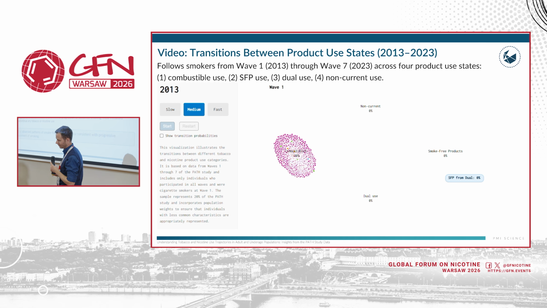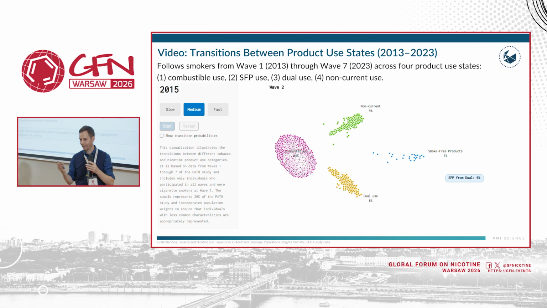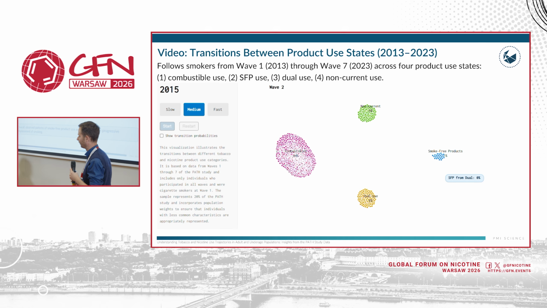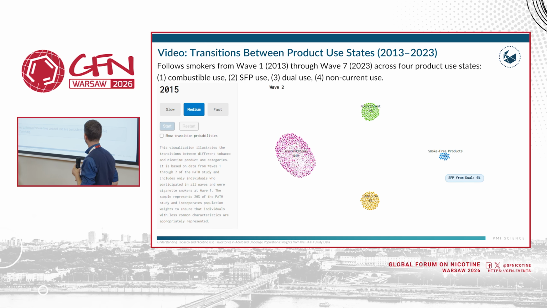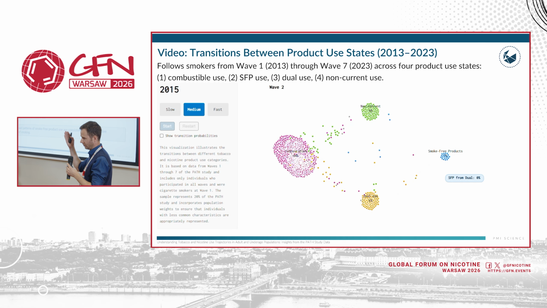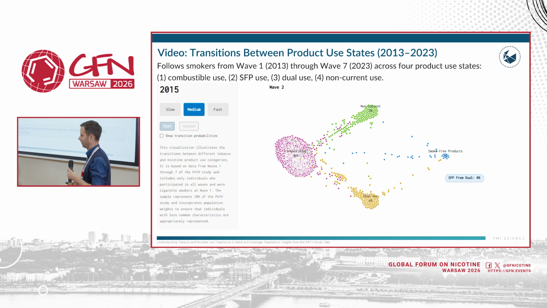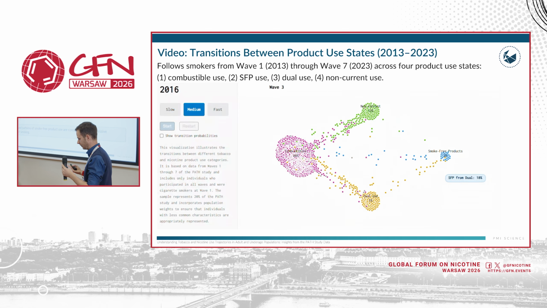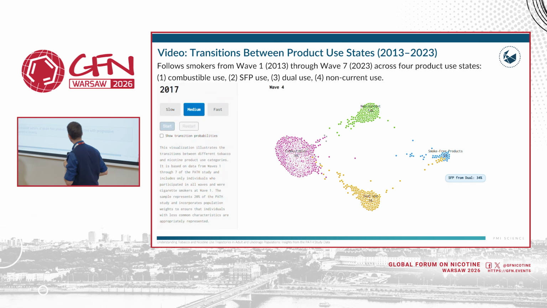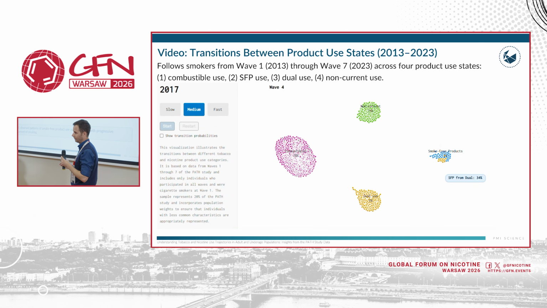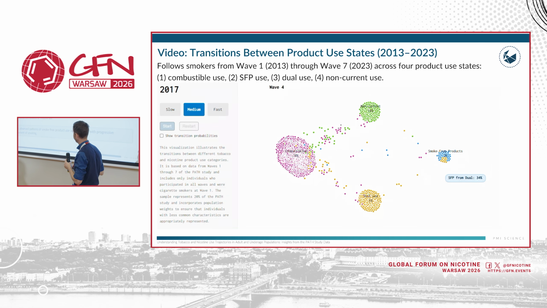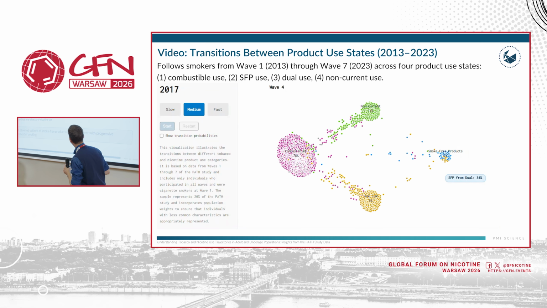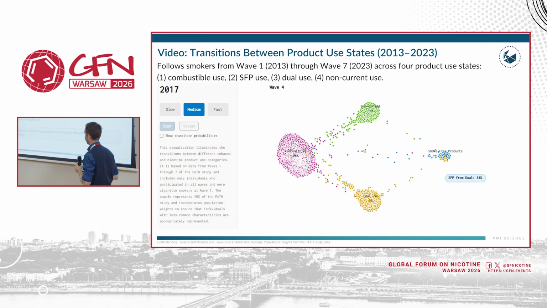So what I have tried to show you is that we actually do need these longitudinal complex data sets to really understand this transition dynamics, because these are not simply linear processes where here is an electronic cigarette, take it, and then people magically become electronic cigarette users. People have their habits. They have the choices they want to make. And if we can follow them up with a longitudinal data set, we can really understand what matters to them and how they want to